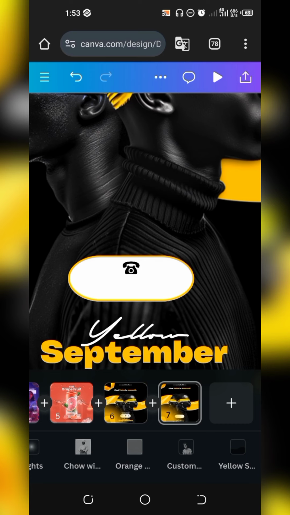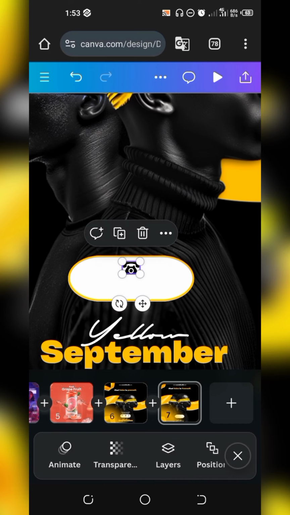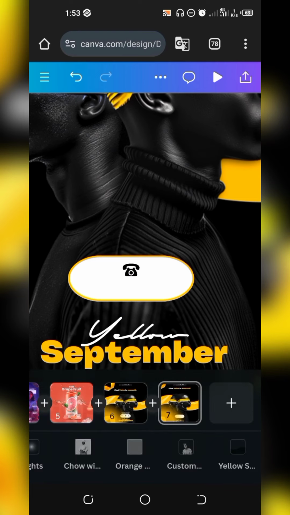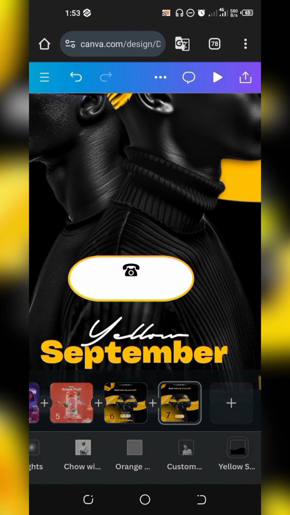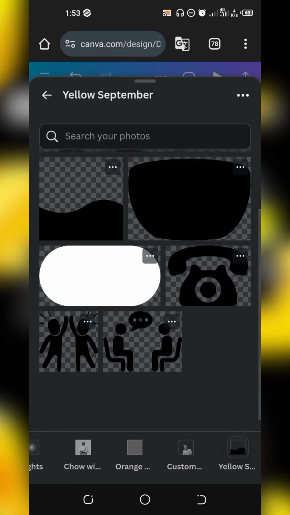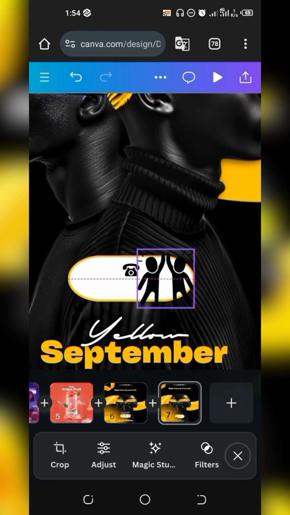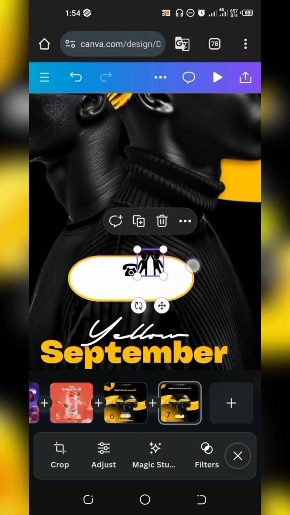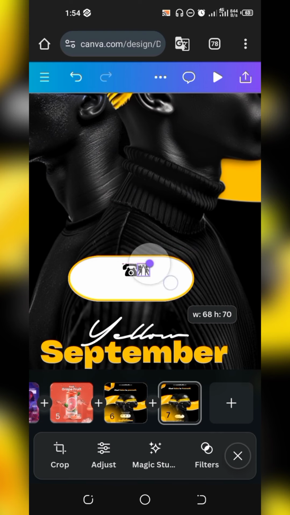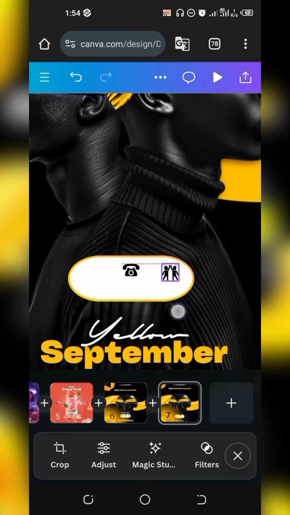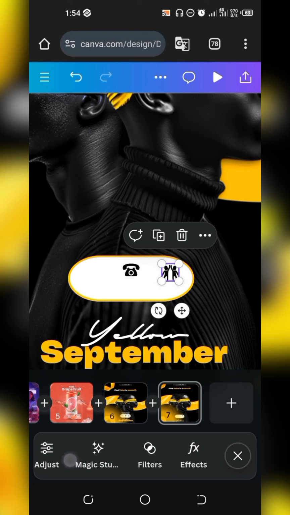But if you are using a premium Pro version of Canva like myself, you can go on your elements and check it out. If you would like to know how to get Canva Pro, just send me a DM and I will walk you through how you can. If you want to get this particular one through your elements, just type in friends and it will show you this one. Then drag this one over to this side. Make sure the tip is touching the tip of the phone.